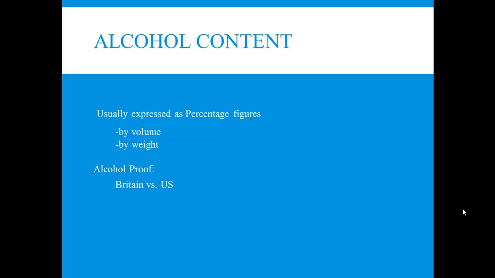Okay, so when you get the opportunity, just look at the side of some of these. You may see 4% volume on the side of a beer can, or 5% volume. But they're typically going to be represented as volume or weight volume. What you will see sometimes on liquors, or what we call hard liquor, is proof. Here in America, you're likely to see something that may say 150 proof. That is approximately a 75% alcohol solution. Okay, if you see something that says 200 proof, that's roughly 100%.